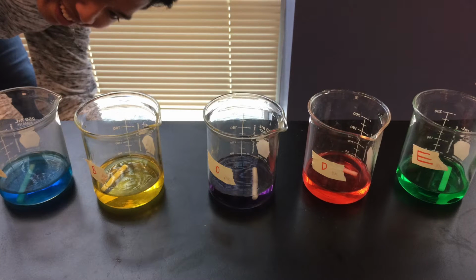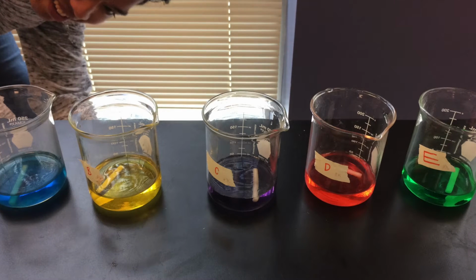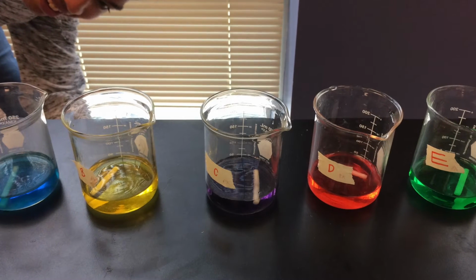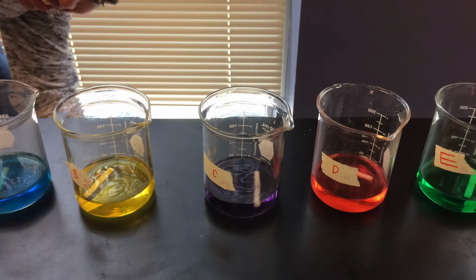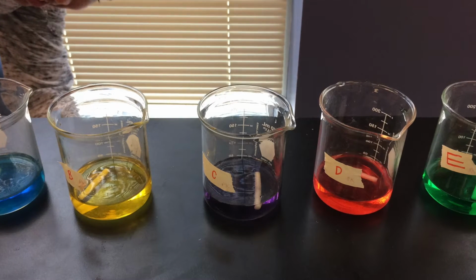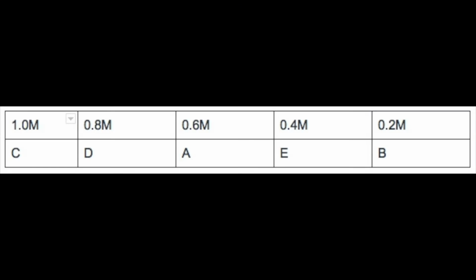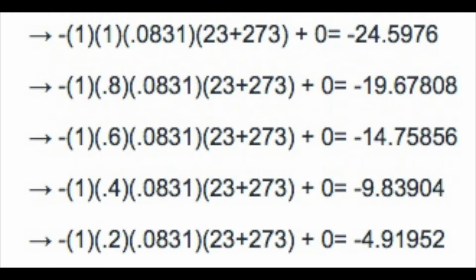They observed that A, C, and D beakers' potato slices were floating, which meant that the potato was less dense than the water. After 12 minutes, B's potato sank to the bottom. Because of this, the group guessed that C was the 1 molar solution, D was the 0.8 molar solution, A was the 0.6 molar solution, E was the 0.4 molar solution, and B was the 0.2 molar solution. This order was correct, and later the water potential was calculated, which further proved that this was the correct order